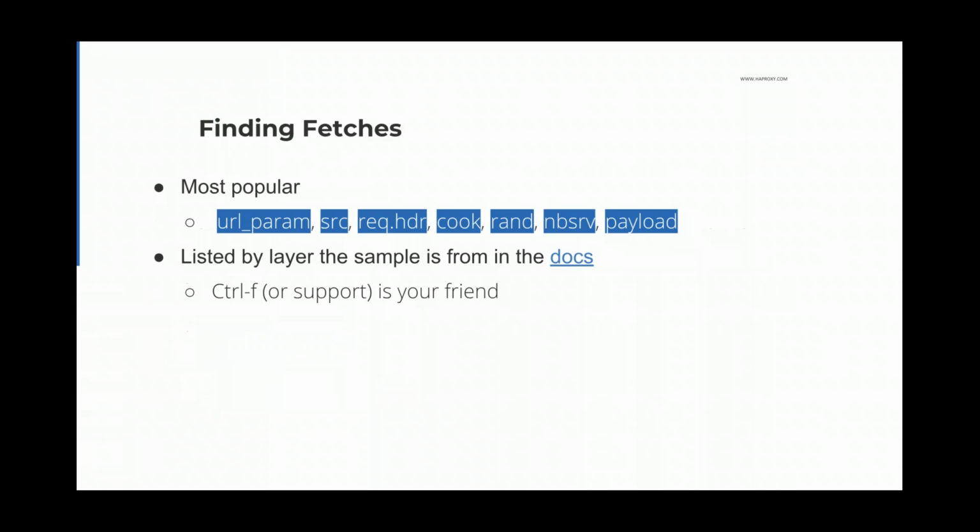The most popular fetches are url_param, which takes an argument of a GET argument name and will return the value of the GET argument that the client presented. Src, which just returns the source IP address. The req.hdr, which returns a request header. Cook, where you pass a cookie name and it returns the cookie value. Rand, which returns a random number, useful for sending partial amounts of traffic to another server, perhaps combined with a cookie for persistence. Nbsrv, where you pass it a backend name and it returns the number of active servers in